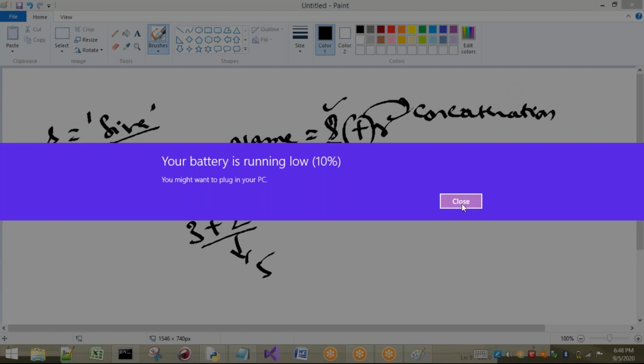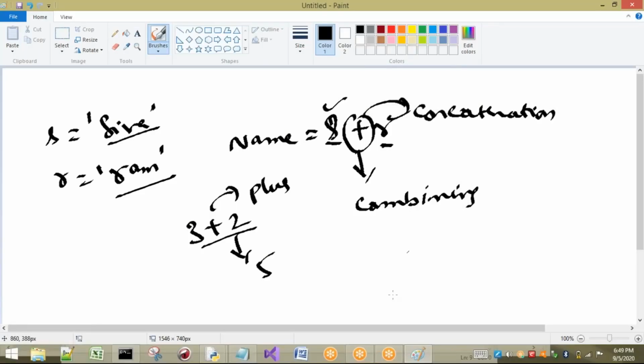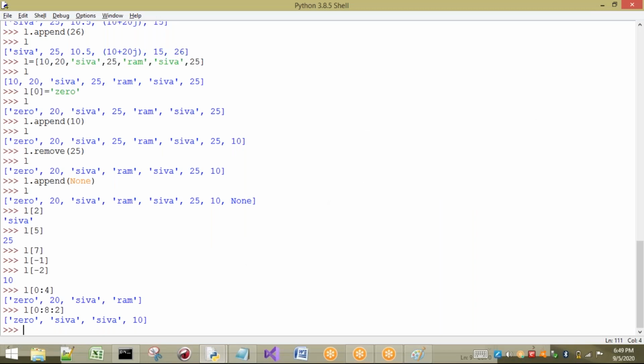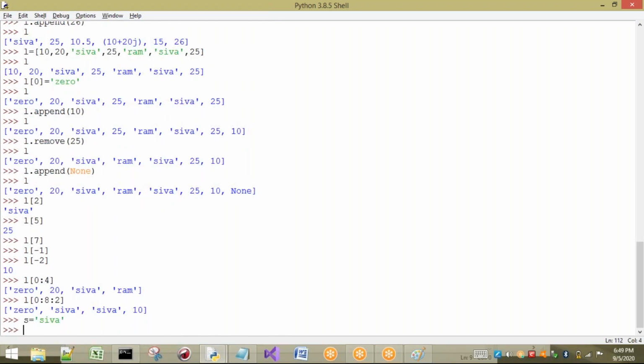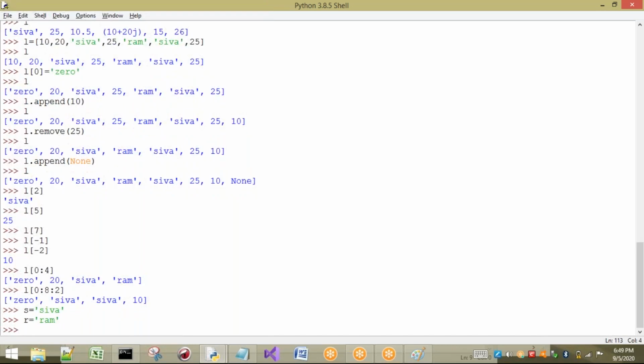Okay, let us see once. Here I am going to take S equal to Shiva, and R equal to Ram. You can take anything.